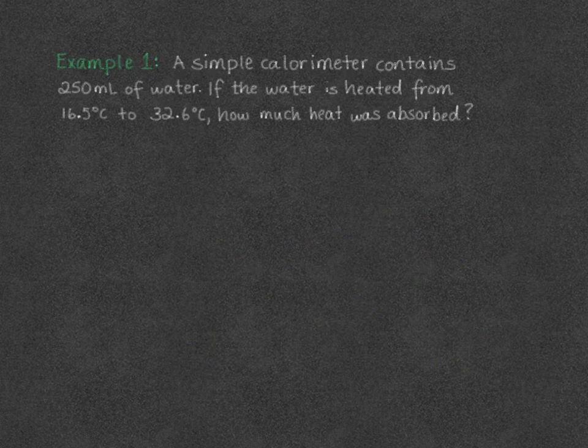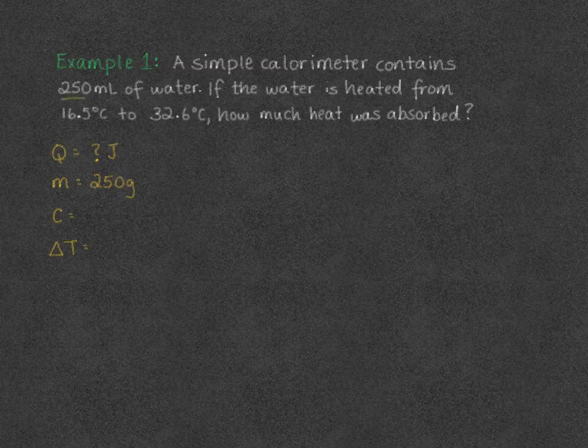So the first example we're going to look at is a simple calorimeter contains 250 milliliters of water. If the water is heated from 16.5 to 32.6 degrees Celsius, how much heat was absorbed? Listing all of our given information. So we need, just going to write the formula. So we have Q, M, C, and delta T. So Q, assumption that 1 gram